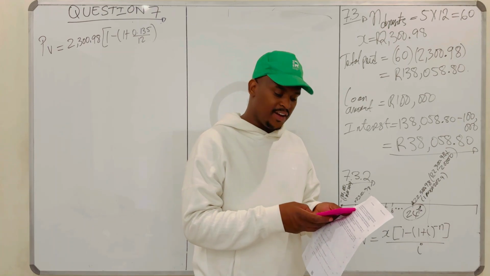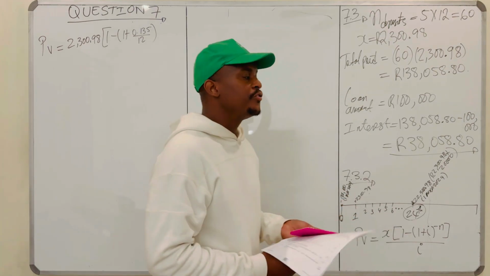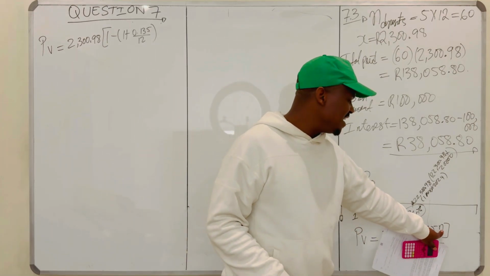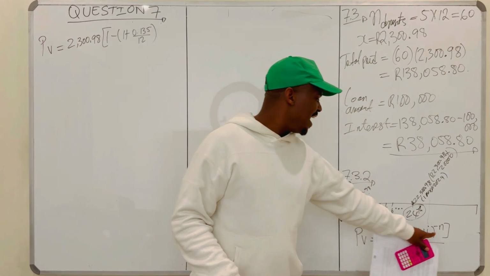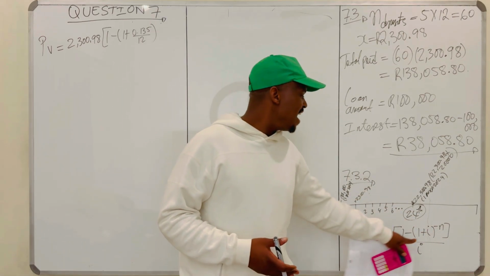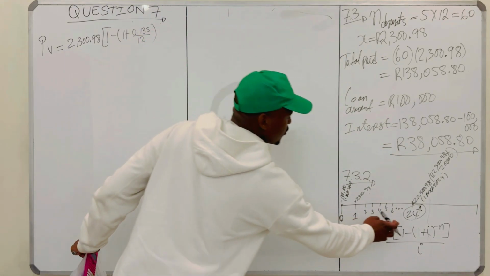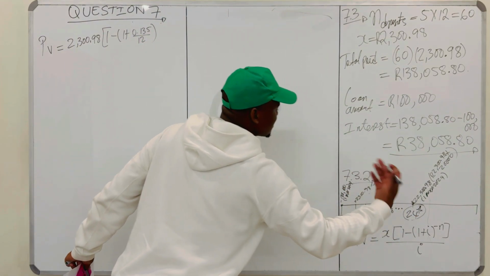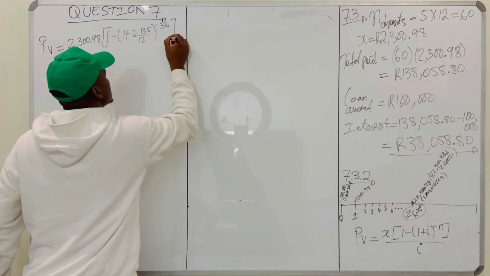How many are left? 60 minus 24 gives the number of remaining deposits. On the present value, n is the number of remaining deposits; on the future value, n is the number of deposits made. So after the 24th payment, the number of outstanding deposits was 36, all over